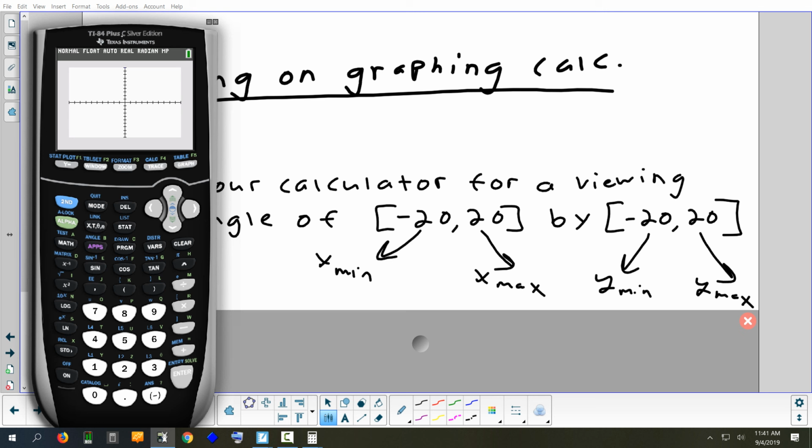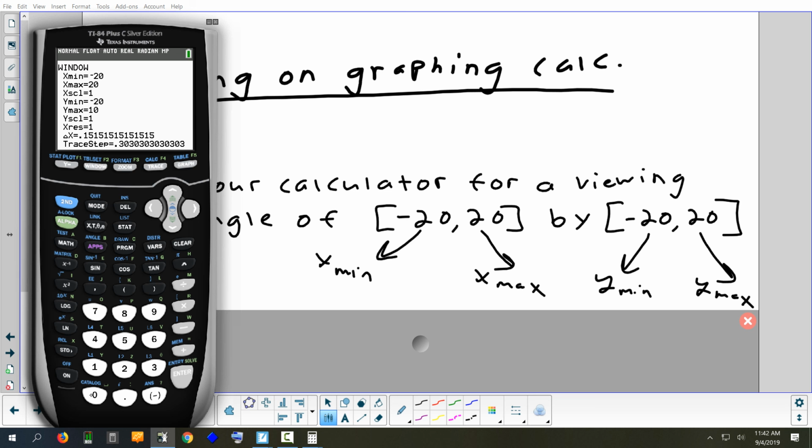So to type in these values, you're going to press Window. There's some other stuff there, you don't have to worry about that. What we want to type in is -20 for the X-min, 20 for the X-max,